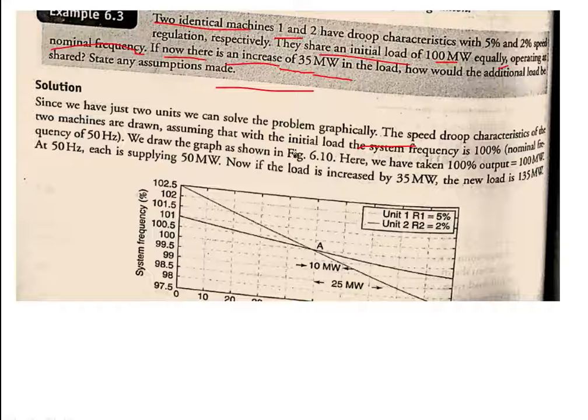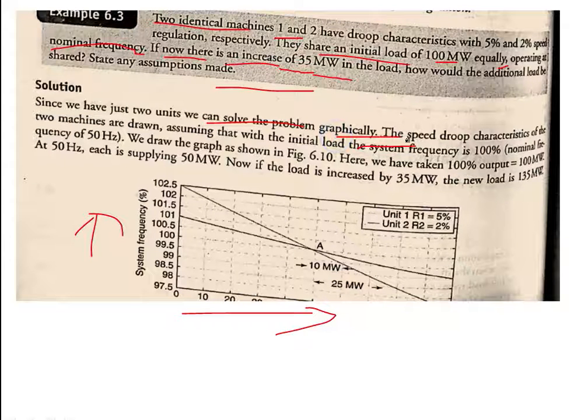Based on this given data, you have to plot the graph. In the x-axis, power in megawatt, and in the y-axis, frequency in per unit. We have to start the frequency from a reference point, that is 97.5, or else we can start from 90. So 97.5, 98.5 pu, which varies with respect to the characteristics curve. Both having the same power, the change in power will be 10 megawatt and 25 megawatt. That gives a total of 35 megawatt of power. That will be given in the statement.